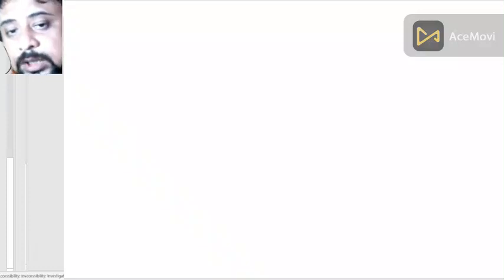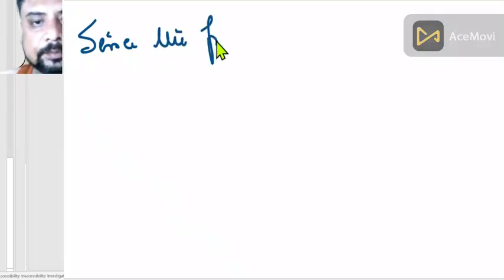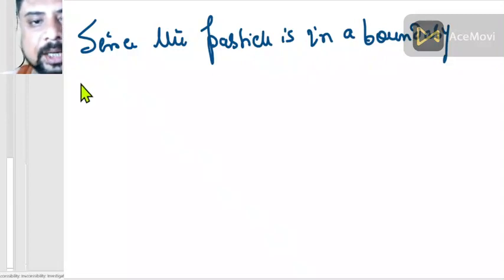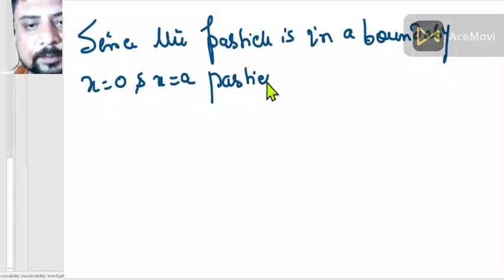Now what will be the solution of this differential equation, d2 psi upon dx square is minus k square psi? The solution will be of a very interesting form, and we have seen this in the case of the free particle. There we took the exponential solution. Here we will consider a different solution. Why? Because there is a boundary. Since the particle is in a boundary,